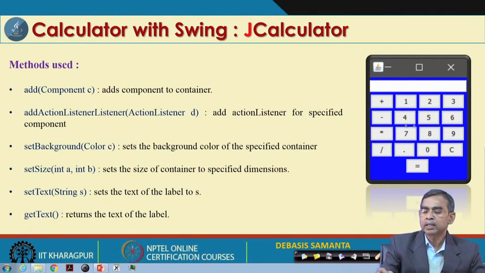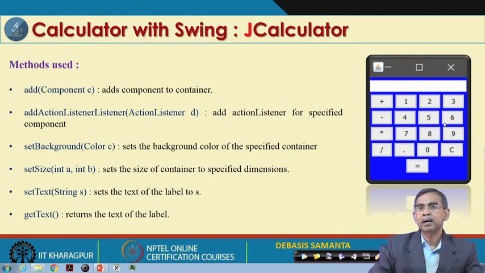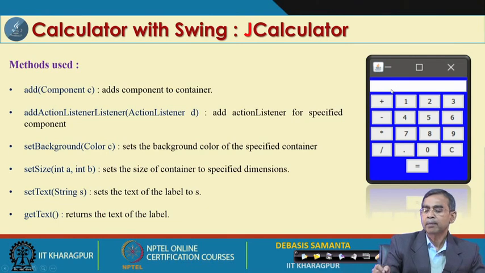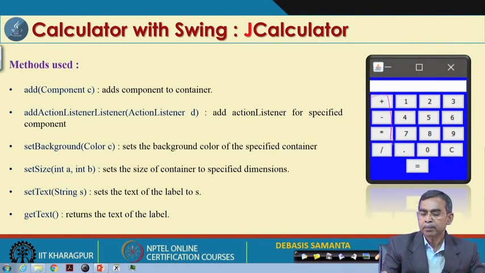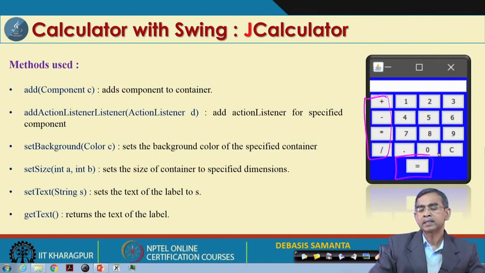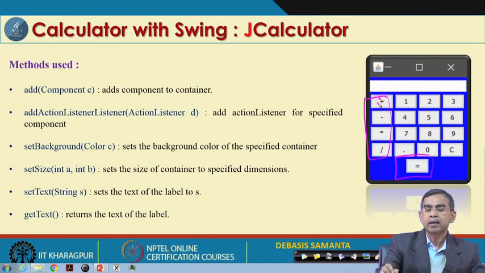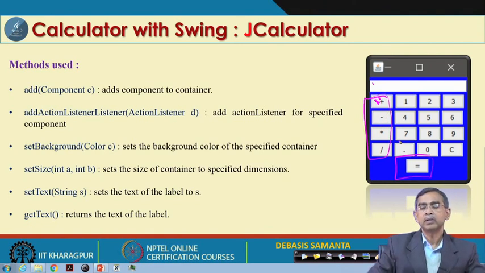So here basically 1, 2, 3, all these things, the text that we have set to each button, and then it will basically return the values. Whether the value will be here in the text field or here, all those things can be here. Now, in addition to this, these other buttons are not text actually; they are for some operation. If we click one, the action is that whatever result is there, and the subsequent things entered will appear, and then the addition of the two operands will take place. So, this is the idea.